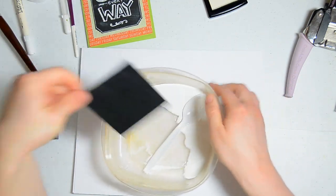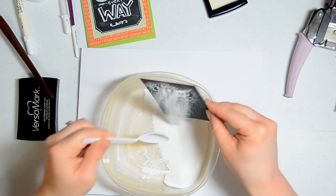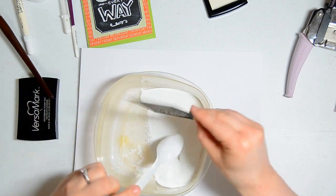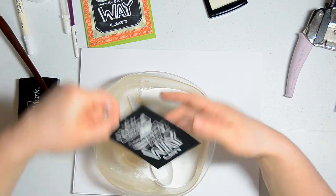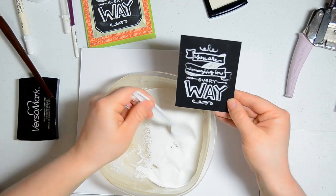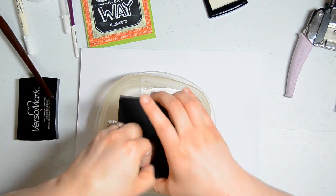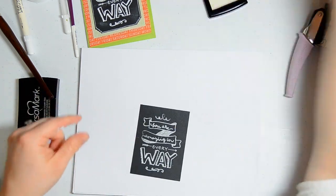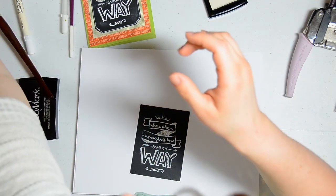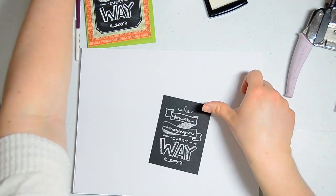I'm going to get out my white embossing powder. Use a little bit more over here. Okay. Now I'm going to grab my heat tool, and we're going to just heat emboss it. Actually, before I do that, I'm going to grab